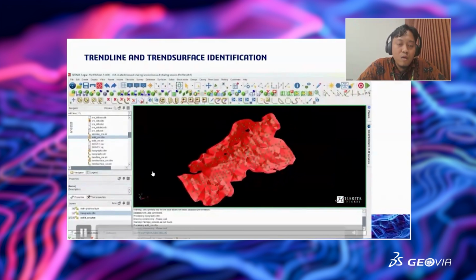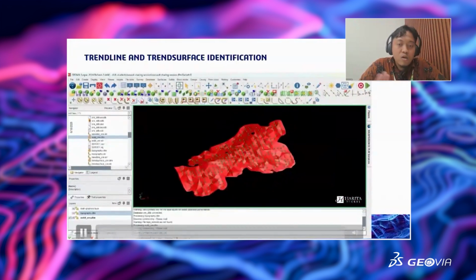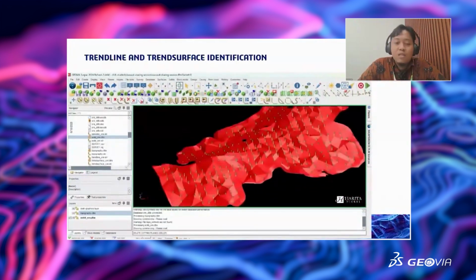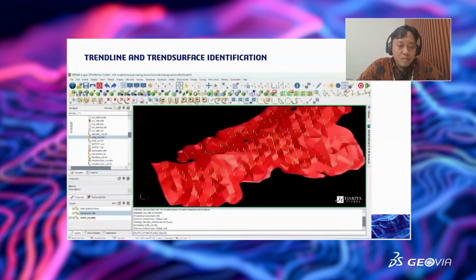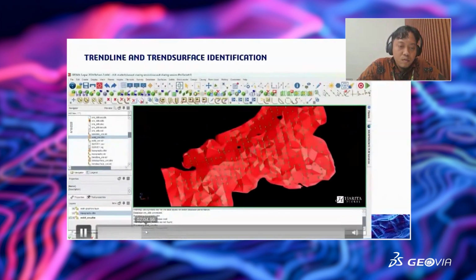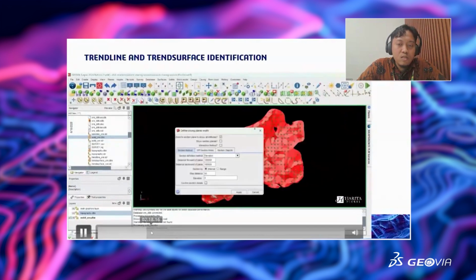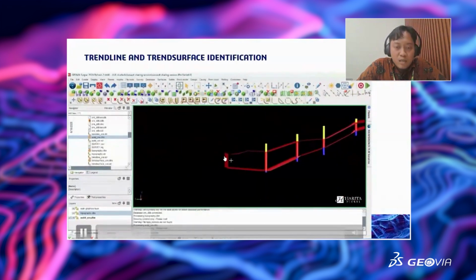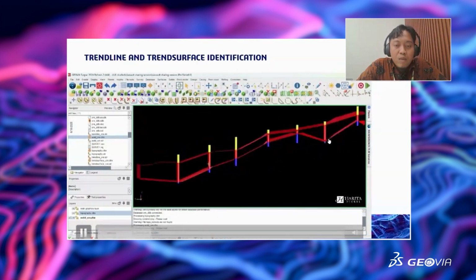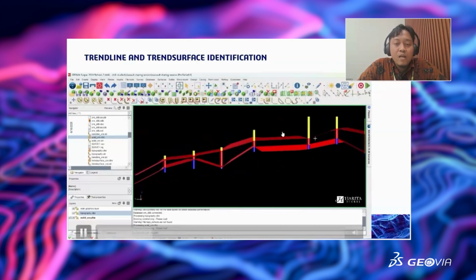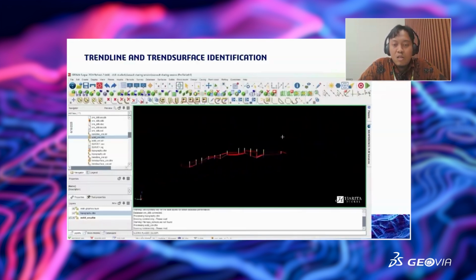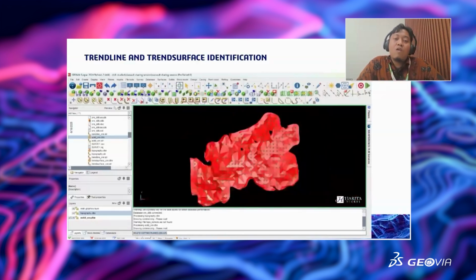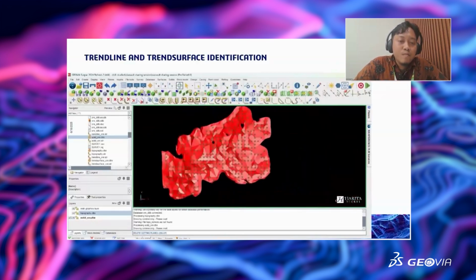So after we create our solid here, we will create the trend line. How to do this is you make a section first. Here we will create, in the middle of our body, the trend line just to interpret the trend, the reference of our solid model.